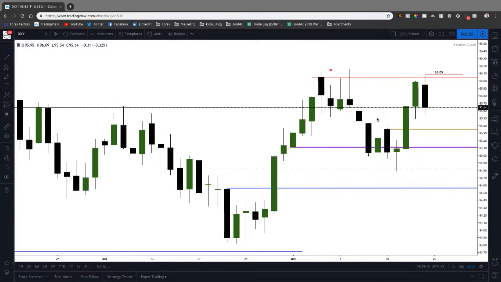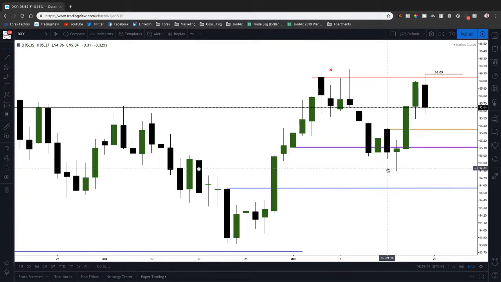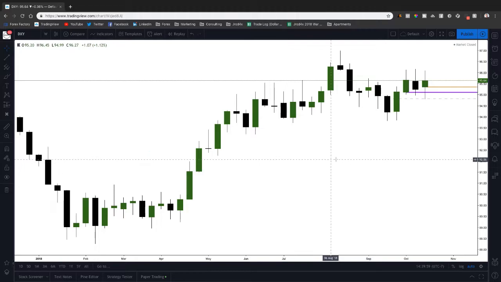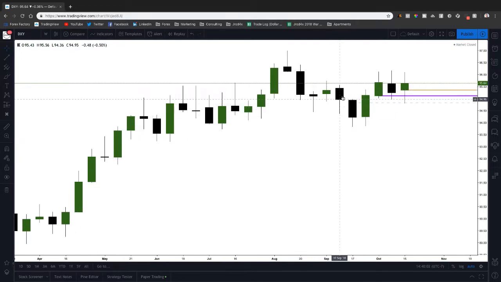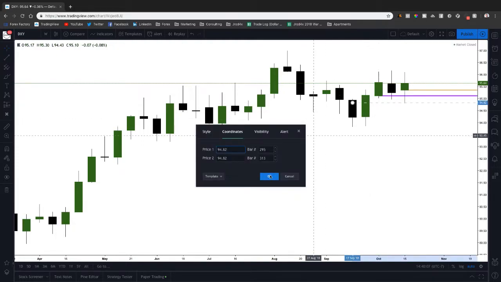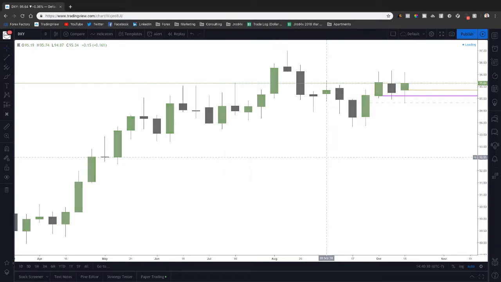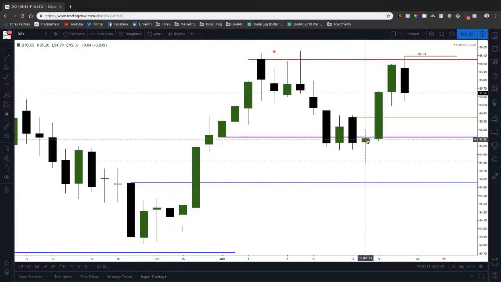Looking at dollar index, though, based off where they found support, this was a 50% level of an ICT bullish order block. I'm not 100% sure if I mentioned it in last week's Weekly Technicals, but just to show you guys what it is. On a weekly chart, I just took these two down candles and used the fib to measure 50%, and that came out to this gray dotted line here, which was 94.82. So I believe I did mention it last week. I'm just not 100% sure. And the low of the week ended up coming in at 94.79. So only off by about 3 pips or so for that,